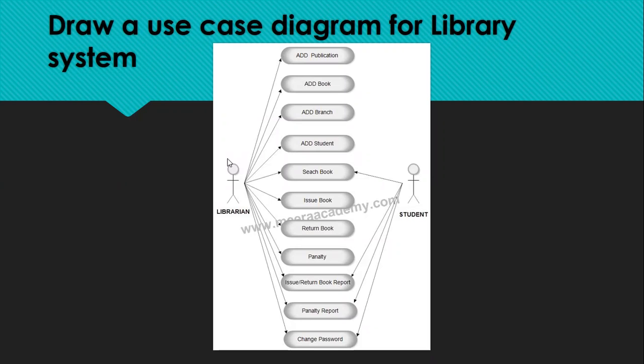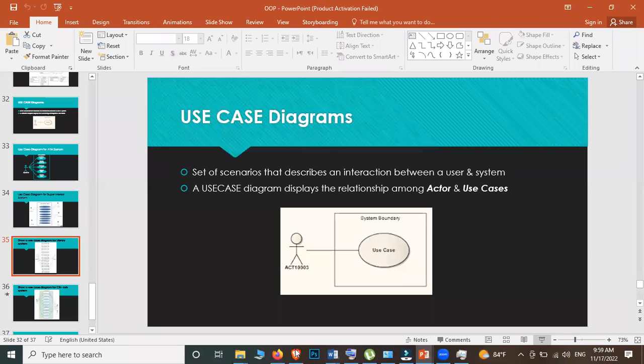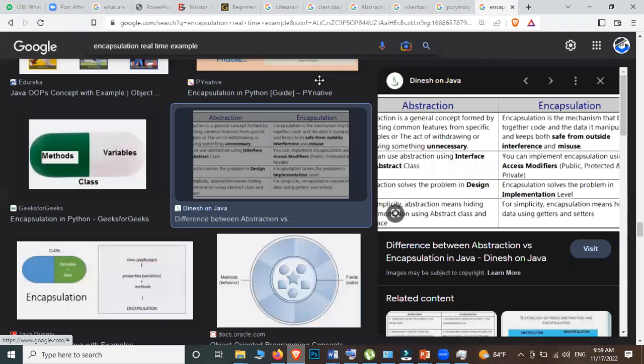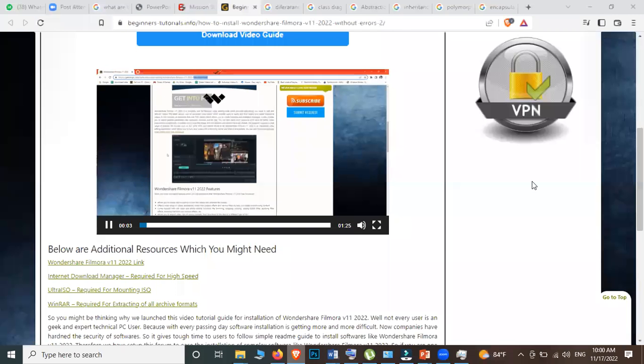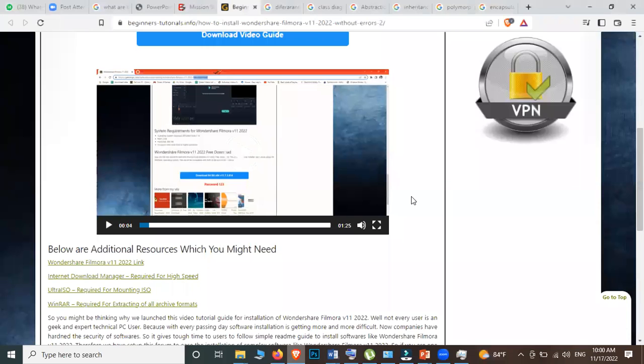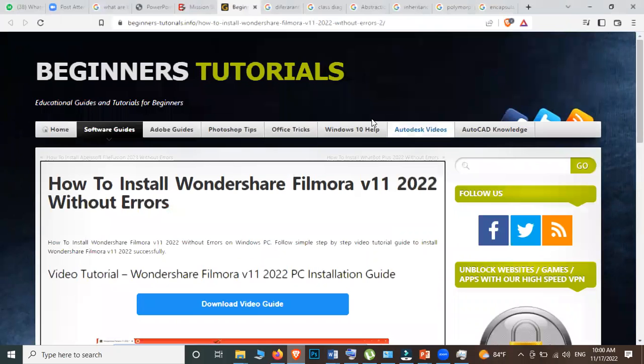Visual Studio. Yeah, Visual Studio software, you can get it from Get Into PC. I'll show you. In the Get Into PC website, even if you type Visual Studio with video, there would be a video showing you how you have to download. Here, this is a video showing how we can install Filmora, that is the software. So with an instruction they will give you. This is a website, Putta. Through this website you can download it.